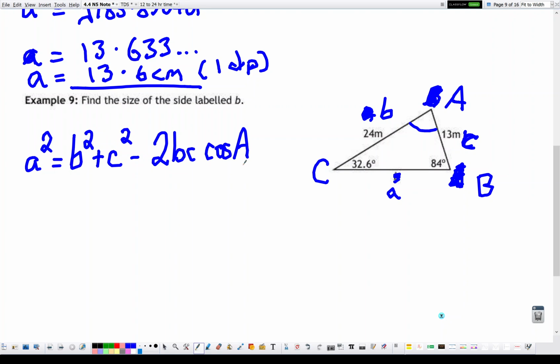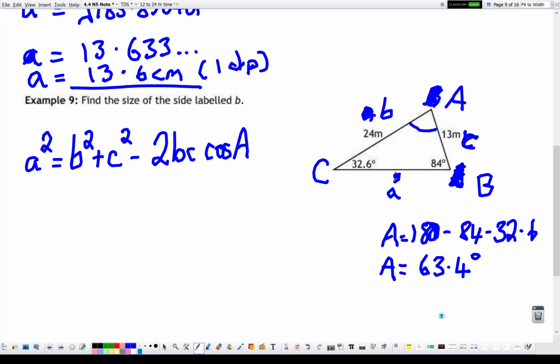and then use that for our cosine of A. So if we can quickly do that, A is going to equal 180, take away 84, take away 32.6. For the life of me, I have no idea why that angle down the left is a decimal, but anyway. So 180, take away 84, take away 32.6. Again, you'll have a calculator for this most of the time, so use it. That gives me 63.4 degrees. So now we have the capital A,